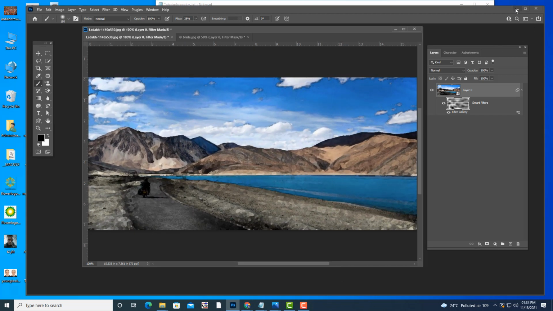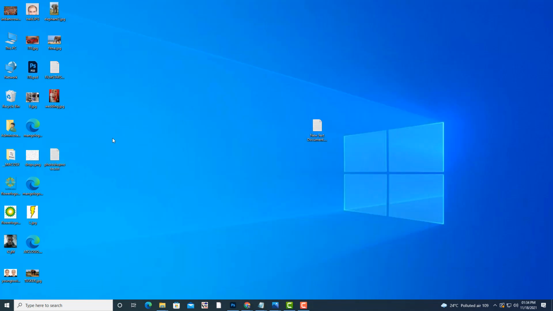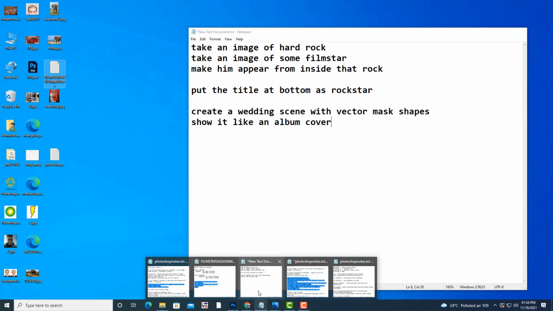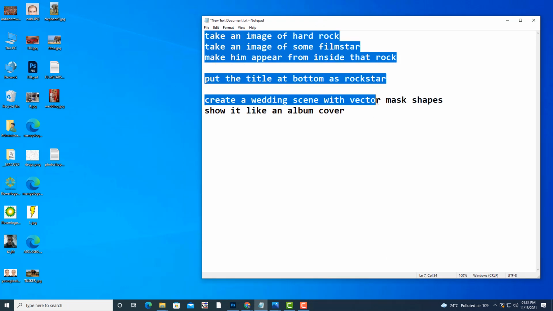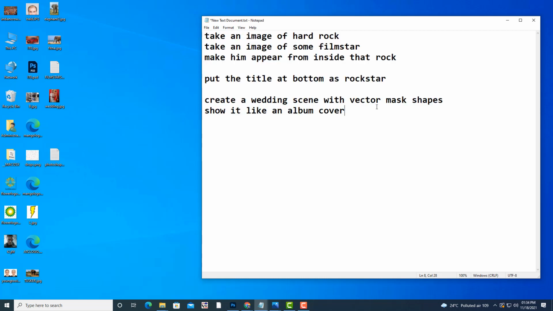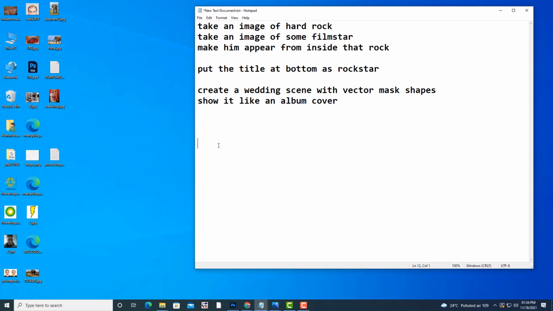So let me give you one more assignment on filters. I think you already have 2 assignments, right? So just one assignment I will give. Actually, we don't have time for one more assignment, so I will complete with this last assignment. Next assignment I will give you in the next class.